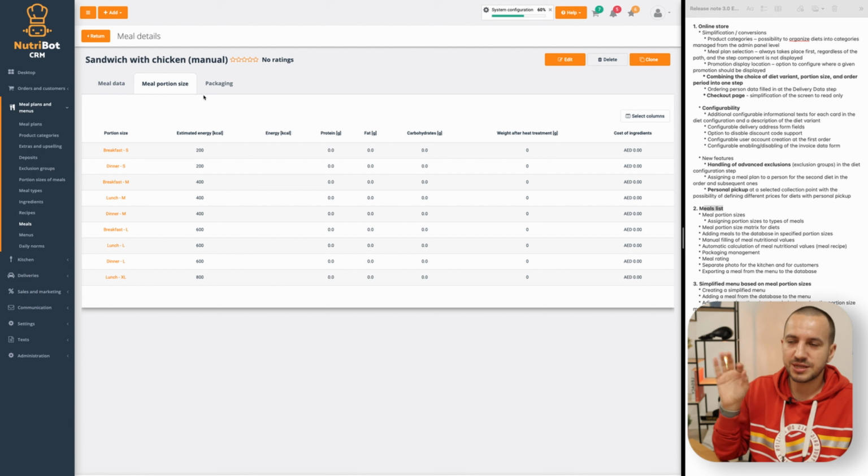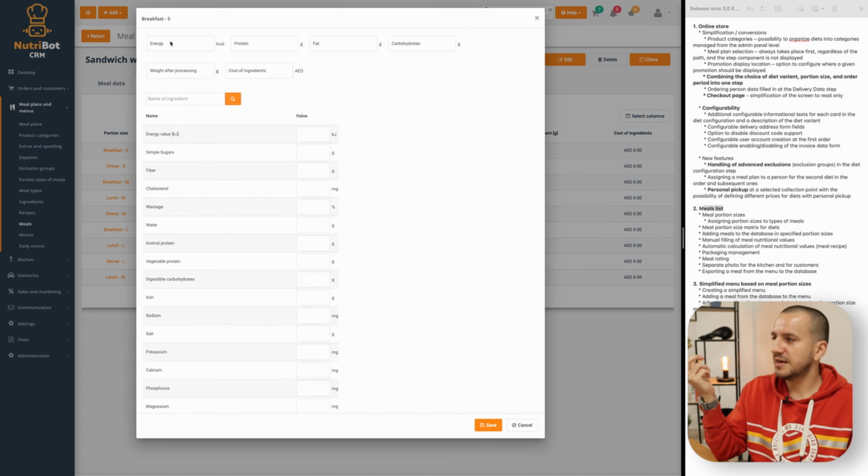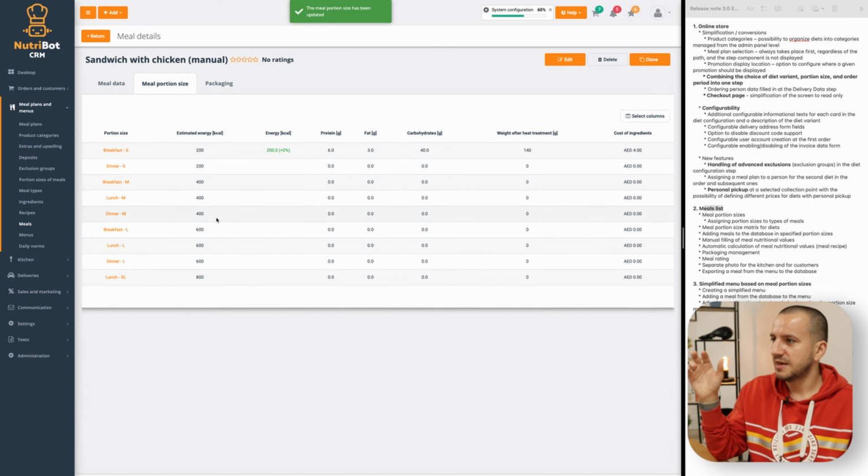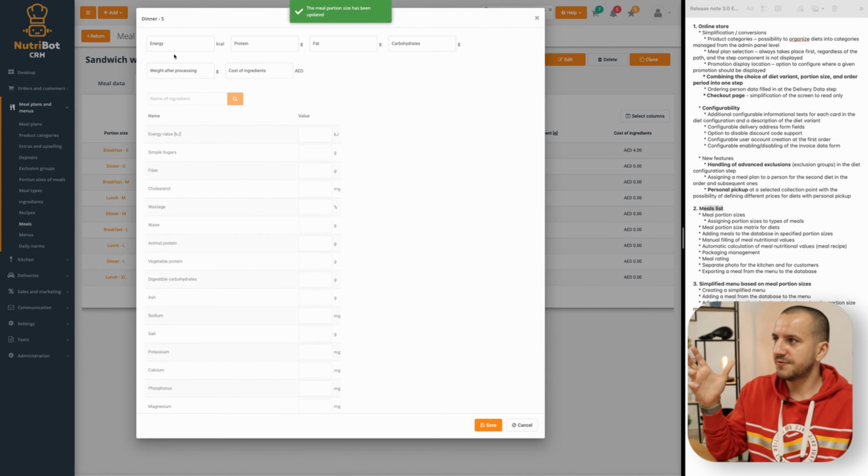I don't see the tab with the recipe. I have only meal portion sizes here, and I can fill them by hand. So I can go to breakfast and I can set that it has 200 calories. Of course I can fill all the rest micronutrients and save that, and I can similarly fill that for the